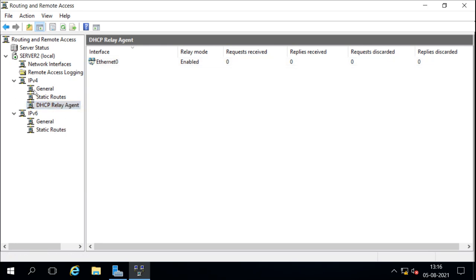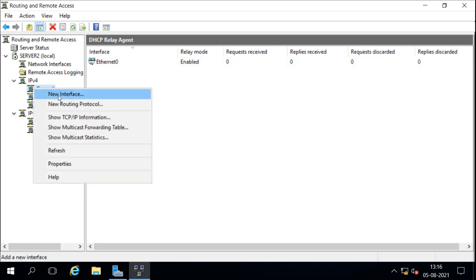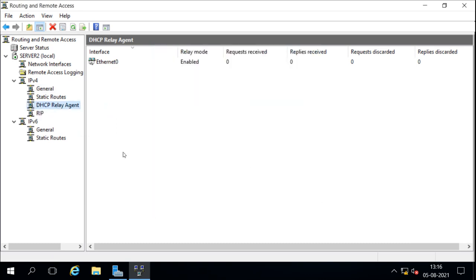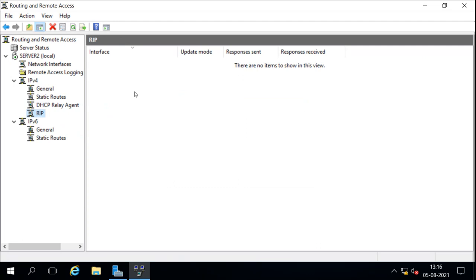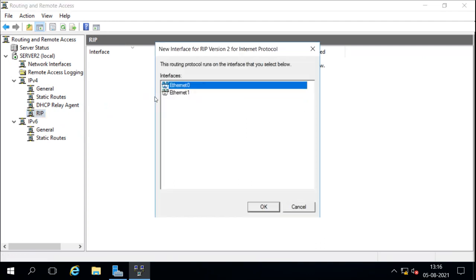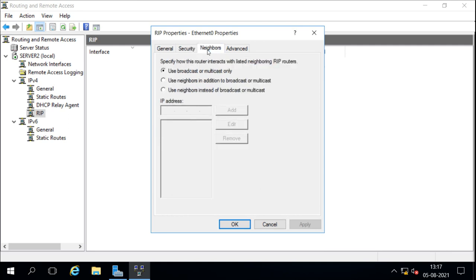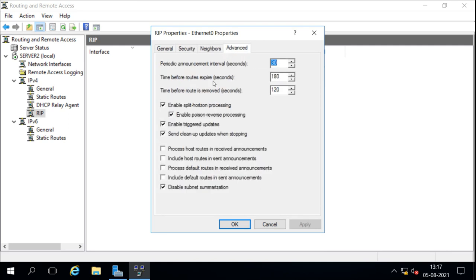Then we can configure the routing protocol, and that is this RIP. And for RIP we can configure the interface only. We want to use this interface for RIP. And what will be the RIP configuration? These are the RIP properties, the properties for the RIP protocol which you will configure. Add the cost route, add the hop count, announce route. If you have security, you can add the neighbors, broadcast, and then some advanced options.